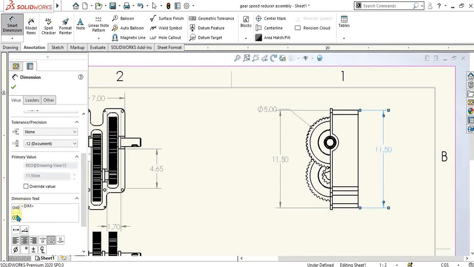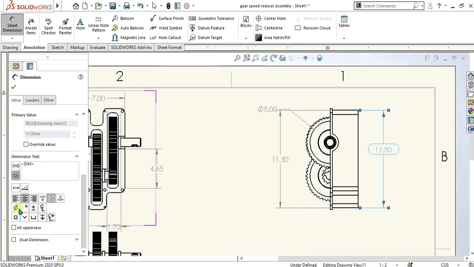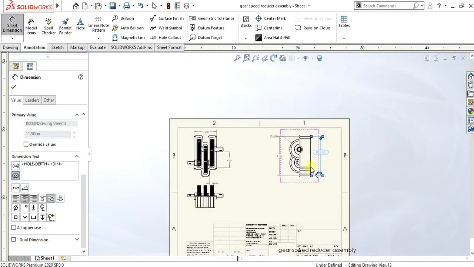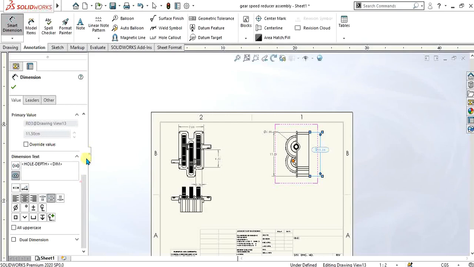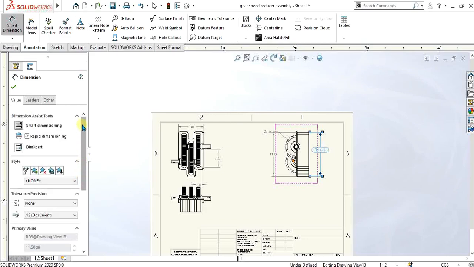you can add the bracket or inspection dimension like this, or you can add dimension from here, and from here you can add the different symbols. Like if I want to add scale, I want to add countersink, I can easily add it from it. So you can see that I have made it like the parameter. So this is a simple view of the dimensions. Select OK.